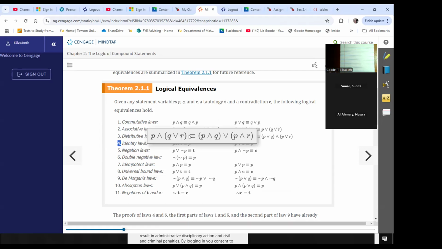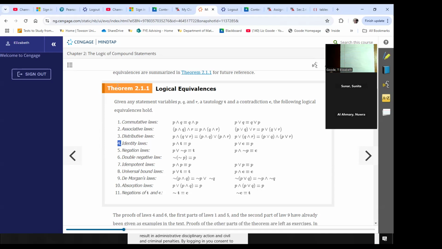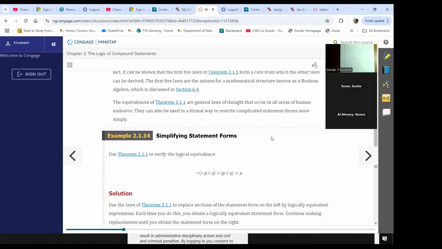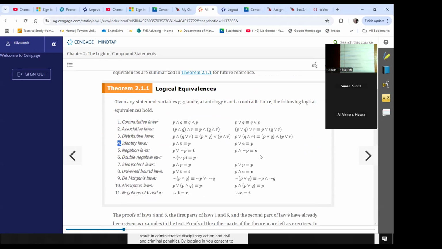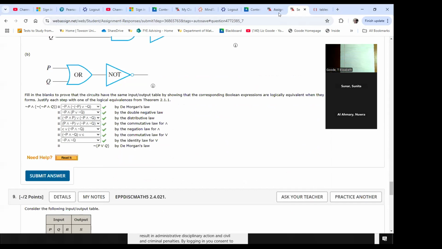And the distributive laws are really interesting because they show us how we distribute AND across OR, and how we can distribute OR across AND. Kind of like distributing multiplication across addition, except you can't distribute addition across multiplication. So it's a little better than that, actually. So you can use and refer to this table of logical equivalences, Theorem 2.1.1, to help you with